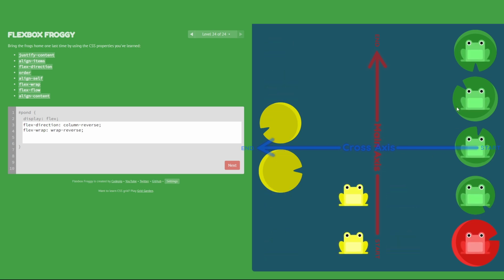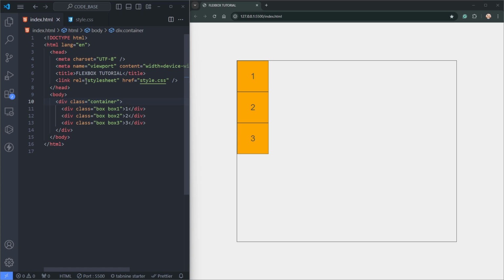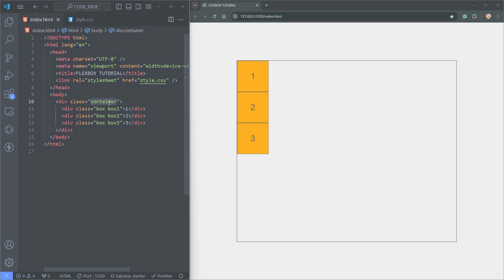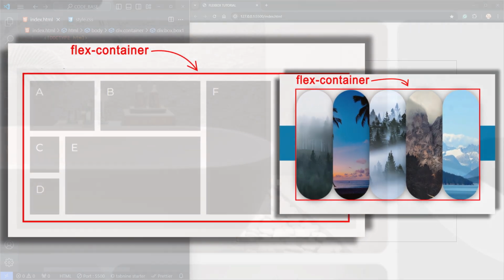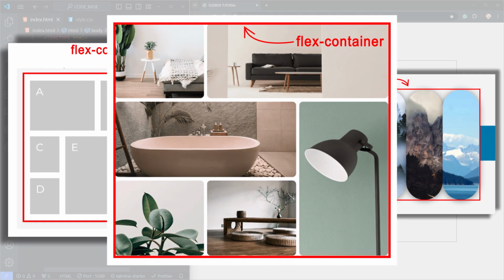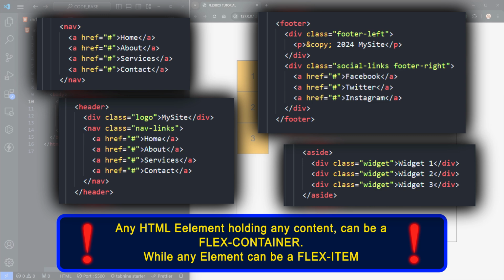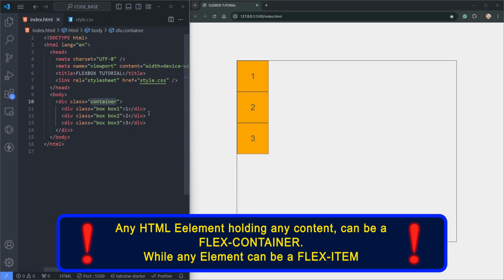Our journey starts with the HTML file. Here we have a container with 3 elements. The container plays an important role since the main idea behind Flexbox is to give the container an ability to align and lay out its children for the best and most effective use of its space. Also note that any element that can hold any content can be a Flex container,